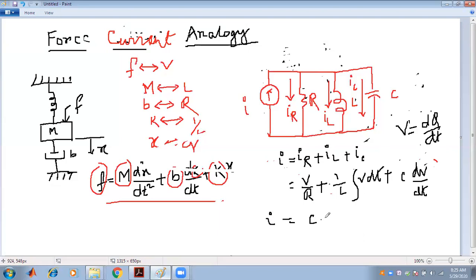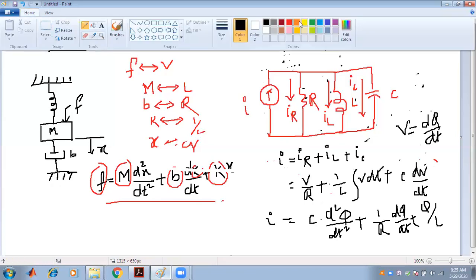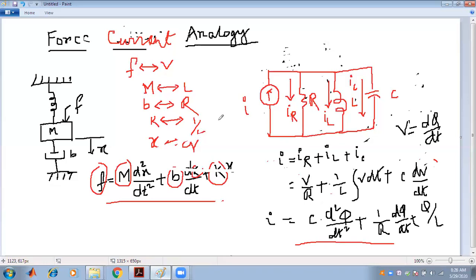C into d2 phi by dt square, plus 1 by R into d phi by dt, plus phi by L. So if I make the equivalent of the two equations, this one and this one,